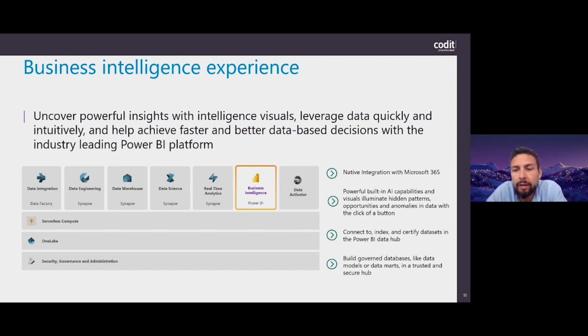It also has some AI capabilities built in. For example, you can ask an AI model to look at the semantic model that you have built in your data warehouse and ask it to build a complete report out of it. It will try to figure out all of the relationships and what would be the most useful information for a report, and then draft up your complete report automatically. Again, this makes it very easy for especially business users, once the data has been prepared for them, to use this out of the box without having to know all of the ins and outs of the platform to be able to build a report.